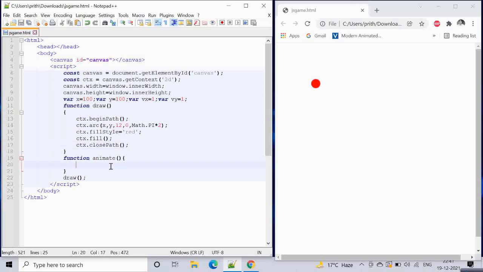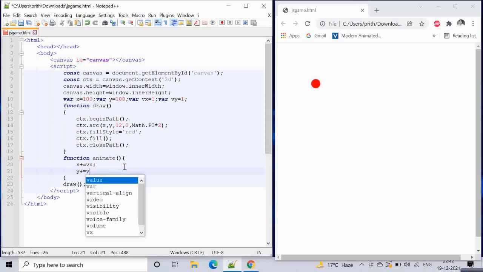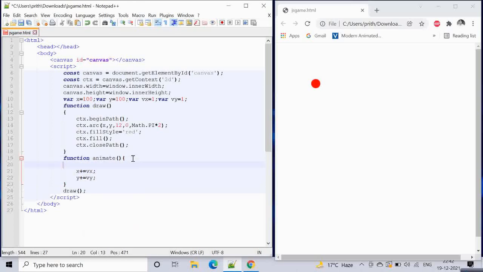Now we have x, y here. Coming over here, in the animate function we write x plus equals vx, y plus equals vy, and we call the draw function over here.